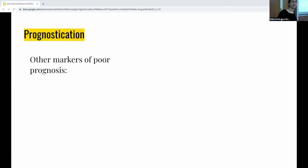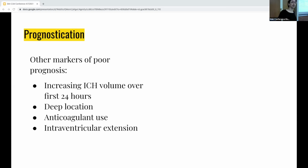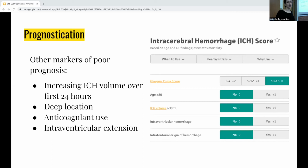There are other markers of poor prognosis that include increasing ICH volume over the first 24 hours, which is why our management is so important. The deep location, anticoagulant use, and intraventricular extension. There are scores to prognosticate the likelihood of mortality, like the intracerebral hemorrhage score, which is a score of 1